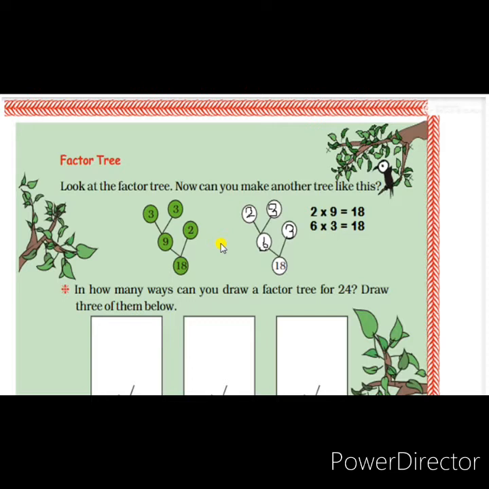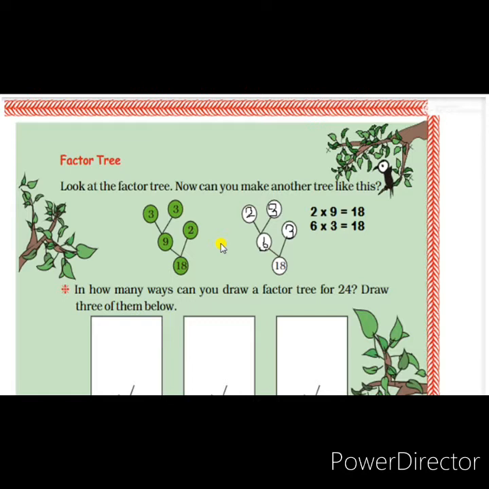Here factorization means we are converting these composite numbers into prime factors or prime numbers. The prime numbers are: first 2, the smallest prime number, next 3, 5, 7, 11, 13. This way the prime numbers go. Now we have to find how we can factorize these numbers. First I will explain what factorization is. Factorization means finding the prime factors of a composite number.